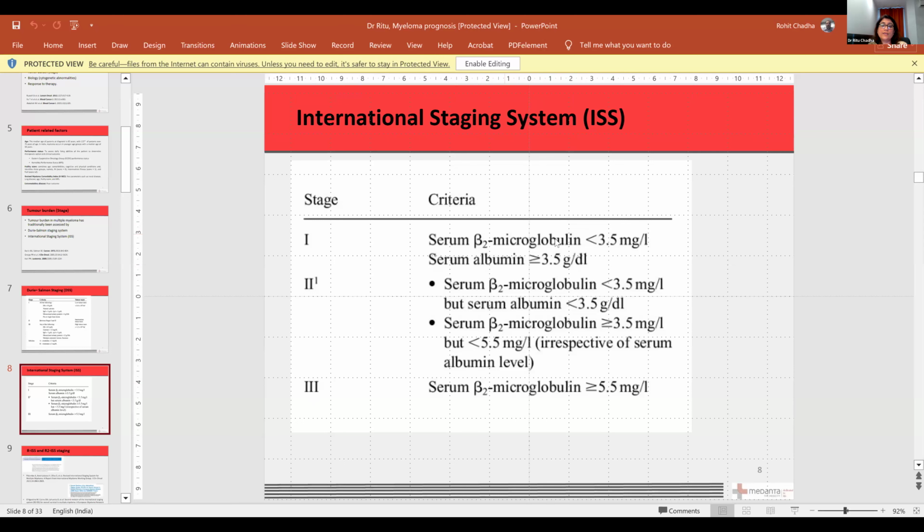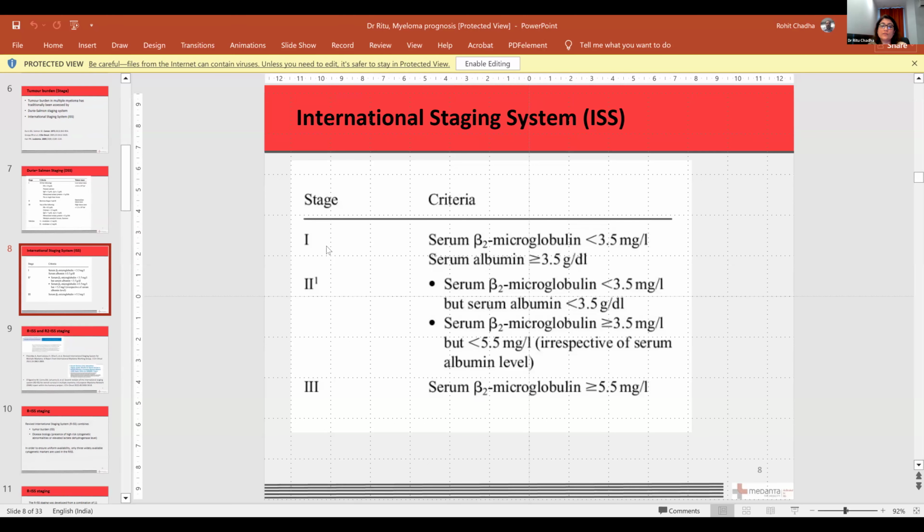So the understanding is that beta 2 microglobulin is a protein present on the surface of the plasma cells, and they are shed. However, with renal dysfunction, the level increases in the myeloma patient. And albumin also, because of the cytokines which are released, like interleukin 6, they suppress the formation of albumin from the liver. And that is why these two markers were prognostically found significant based on the statistical analysis done